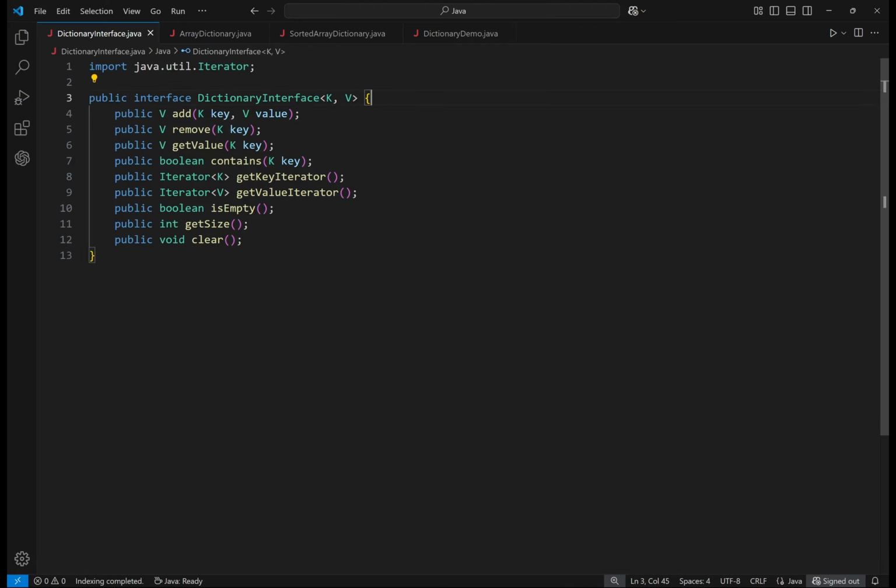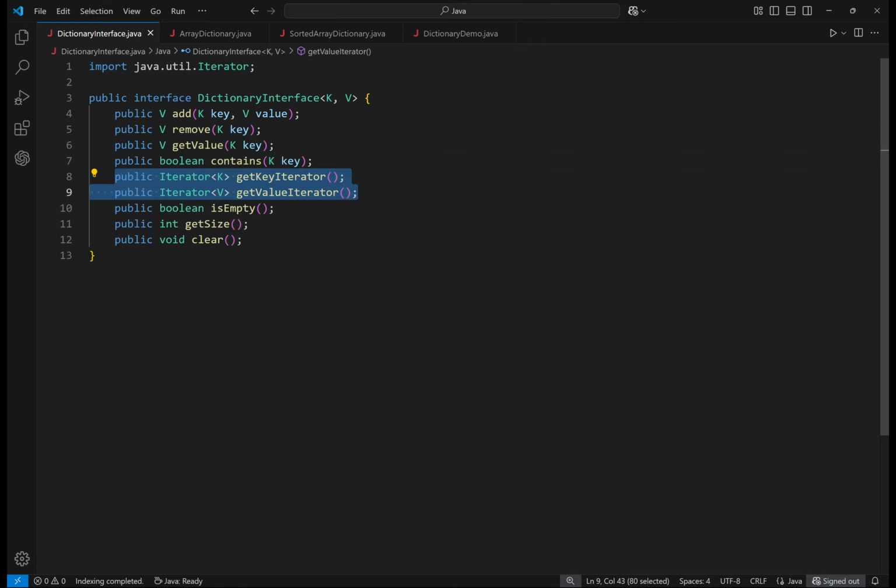Next, the method signatures define the contract. public V add(K key, V value) to insert or update an entry and return the previous value. public V remove(K key) to delete an entry by key and return its value. public V getValue(K key) to look up a value or return null if absent. public boolean contains(K key) to test